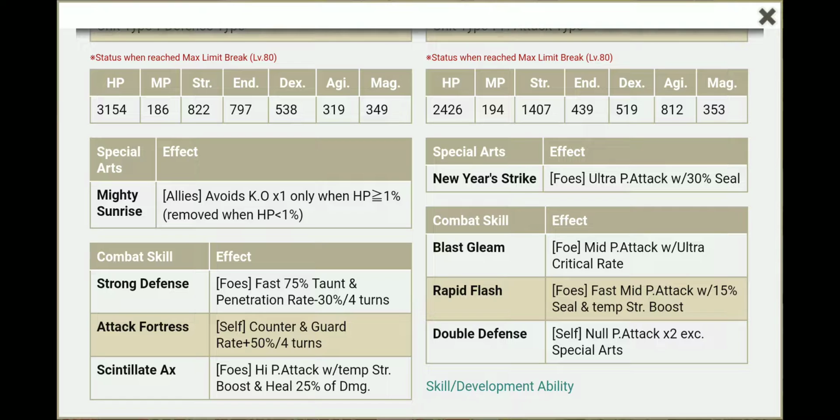Allies avoid KO X1 only when HP is above 1%. So, yeah, I'll get into what that means a little bit later. And then remove when HP is below 1%. It is now a little bit later, and so above 1%. So I think my team usually has around 4,000, 4,500 HP a piece. So say they have 4,000 HP a piece. 1% of that is 40. I know that sometimes units get down to like 1 or 2 HP just by random chance, but think of how many times your units are actually sitting at below 40 health. Not very often. So that actually saves